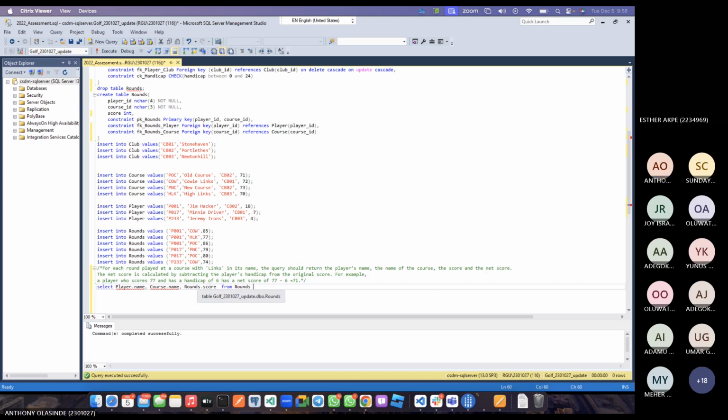So since you have player, course, round, there is one other one, the score and the net score. So we need net score. We don't know what net score is. The net score is calculated by subtracting the player's handicap from the original score. So you can have something like player.handicap, and subtract the player handicap from the original score. So that's mathematics, original score minus player handicap. So that will be round.score